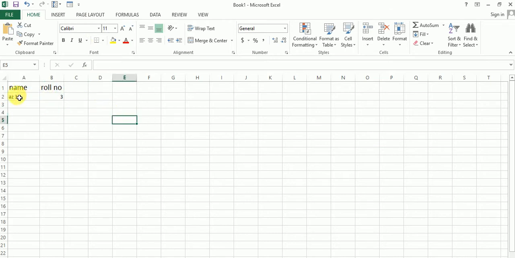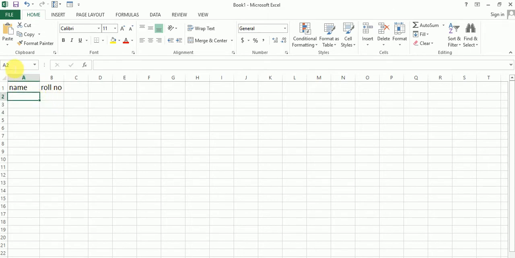Now, adding a new record in a form. I want to add a new record using a form. You can add a new record directly in your cell.